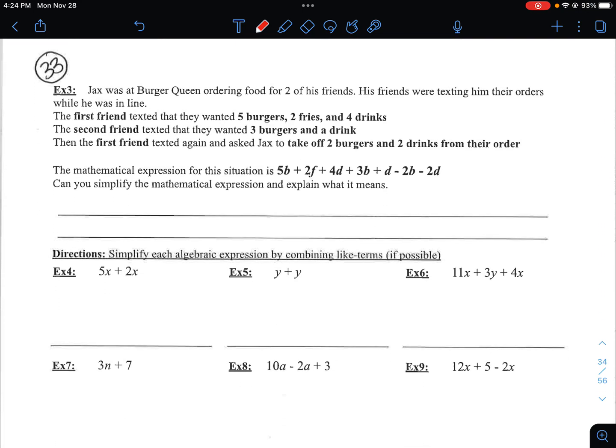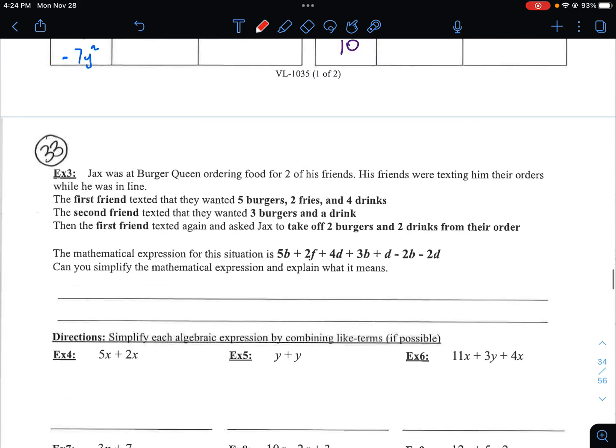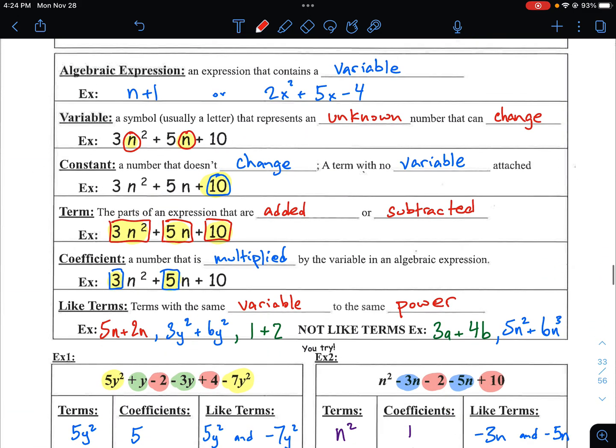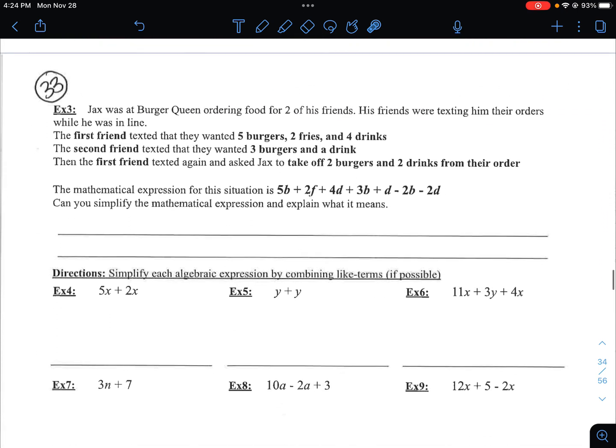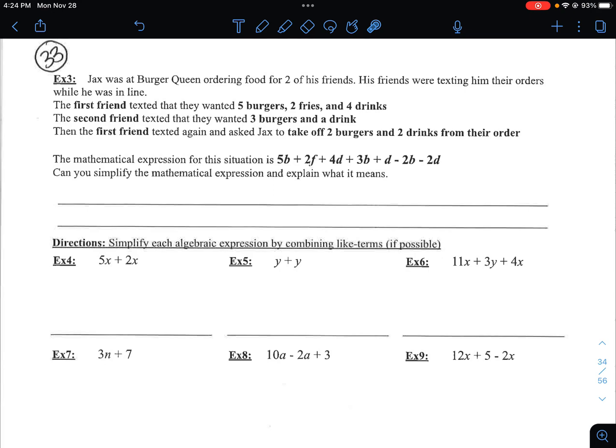So this is where we are going to get to... we spent a lot of time on vocabulary, so hopefully you remember a lot of it. The biggest thing we need to know is like terms, because we're going to focus on like terms and we're going to combine them. So on the next page, it says